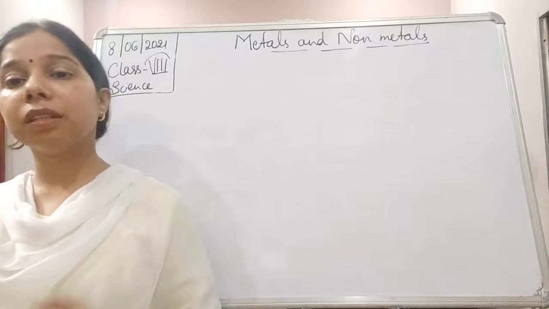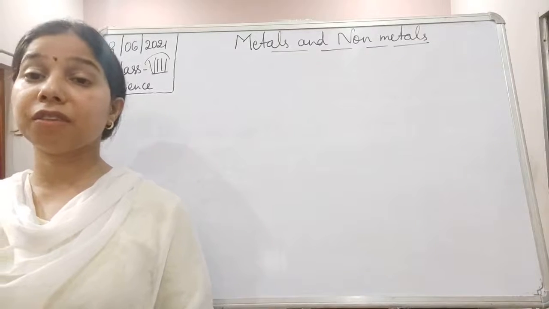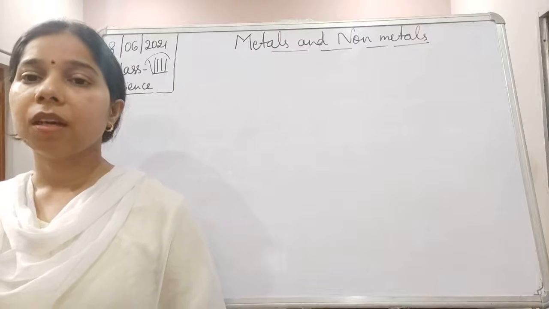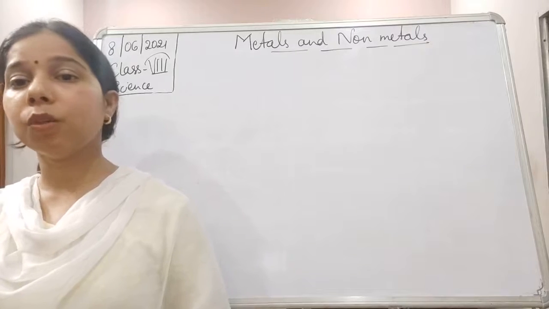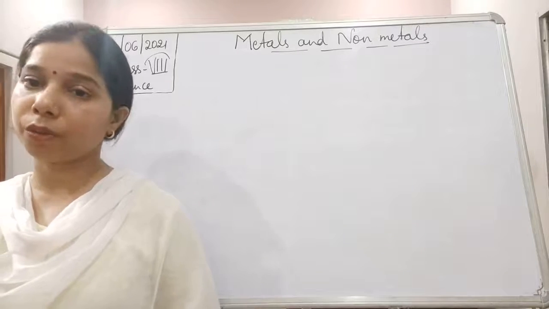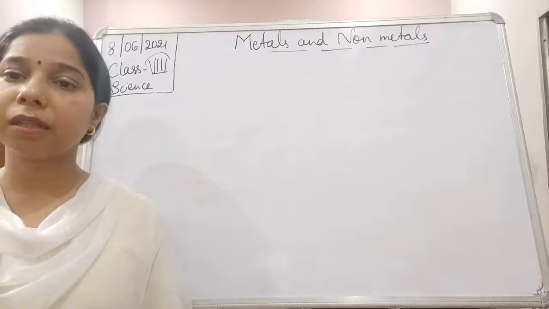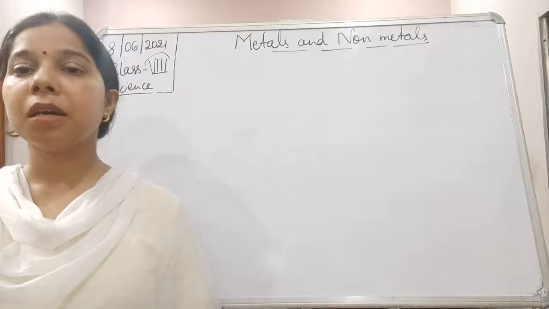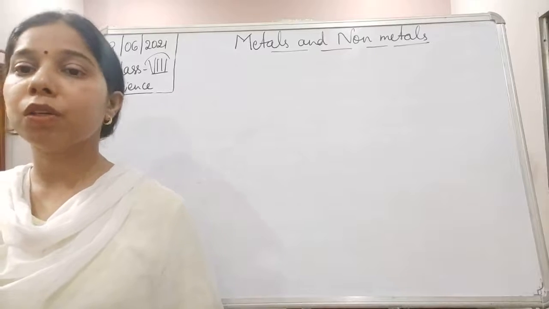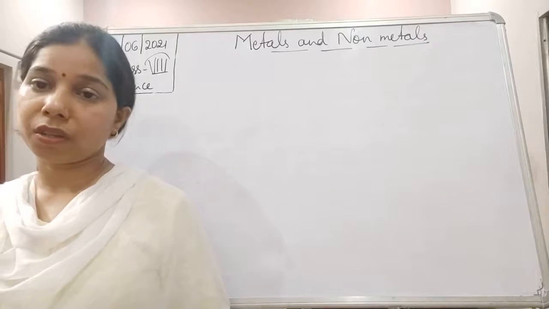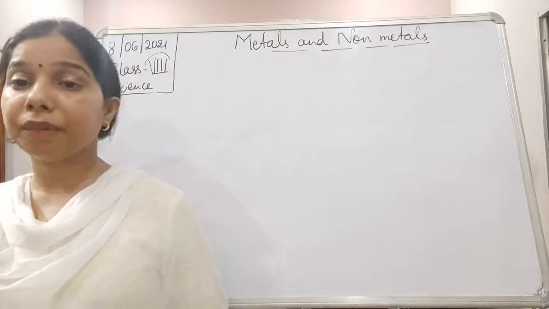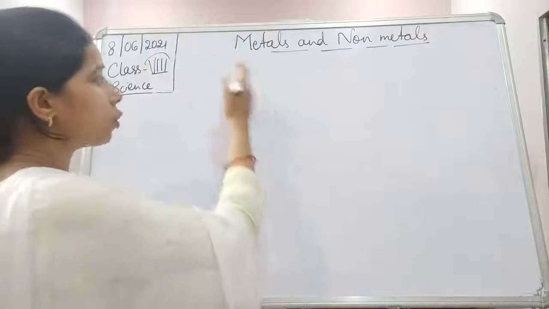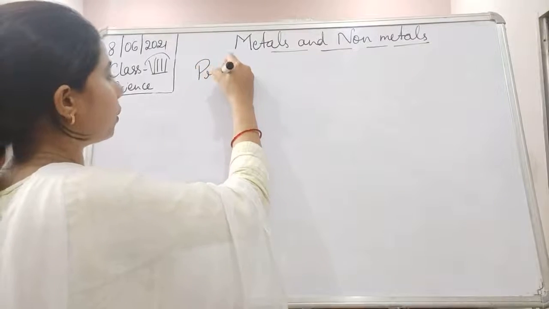So we have seen the different ways by which metals get corroded. Later on, students, we started to understand how we can prevent corrosion, because it is important to maintain the purity of the metal, and we can do this by preventing the causes of corrosion. How can we prevent corrosion? We have already seen one method. Let us see the other one.